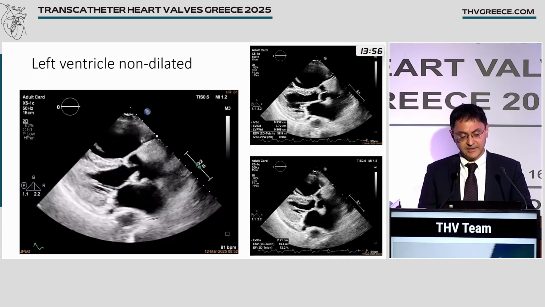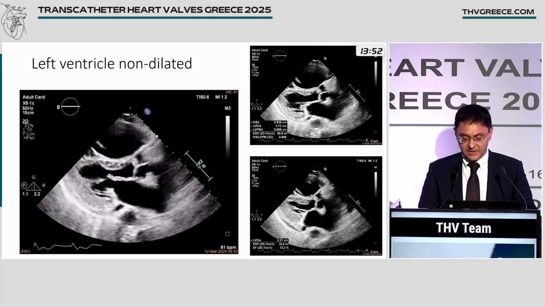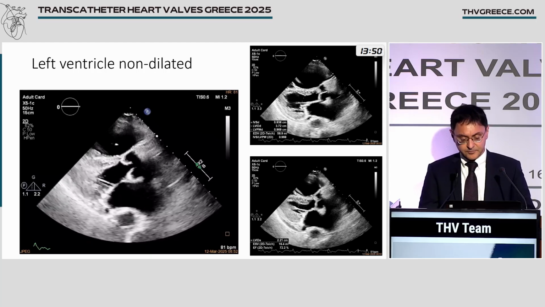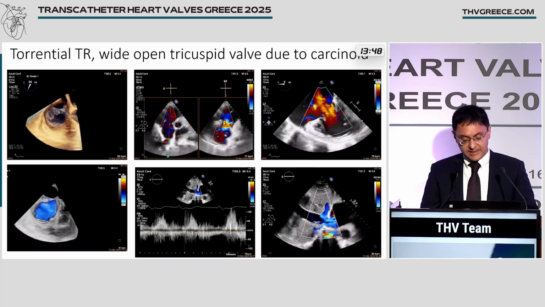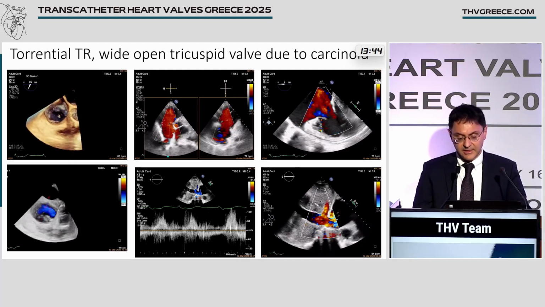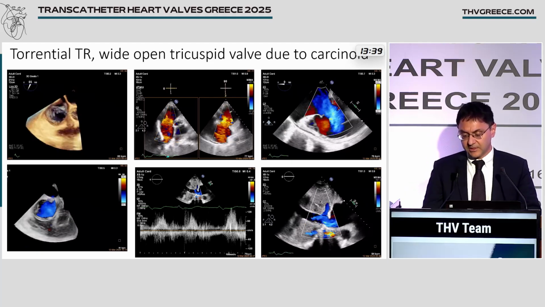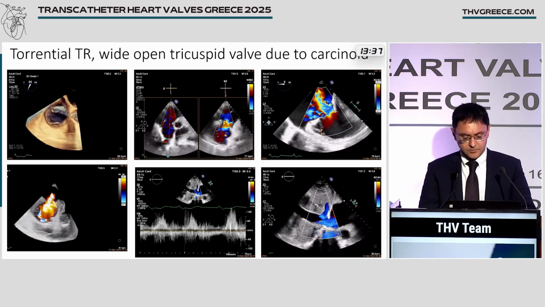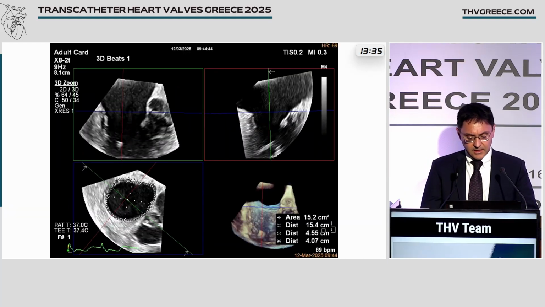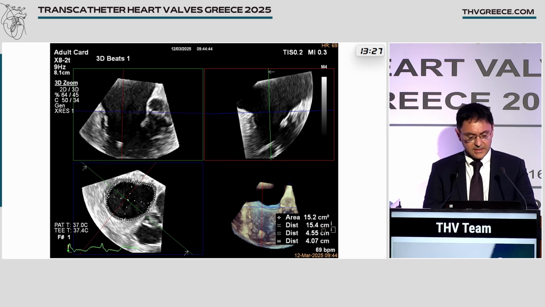We see the left ventricle non-dilated, and we see the images of torrential TR, a wide open tricuspid valve, as we said, due to carcinoid. Here are our assessments. We see an area of 15.2 square centimeters, and